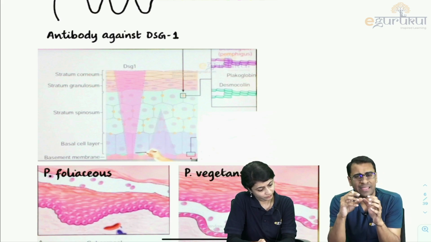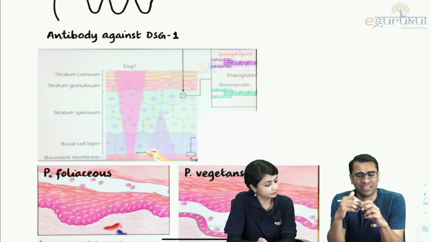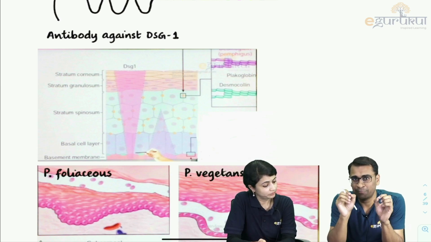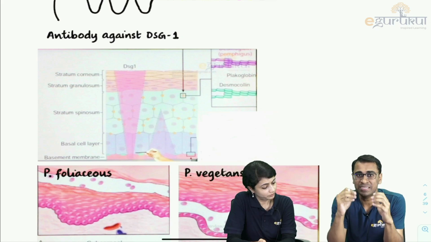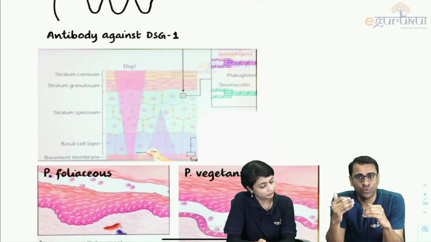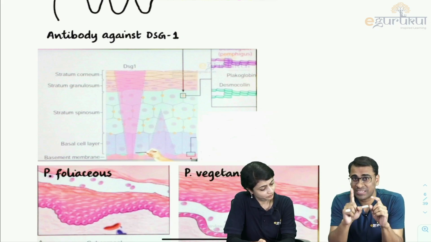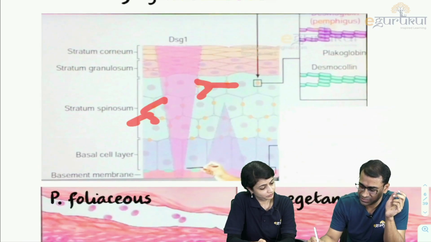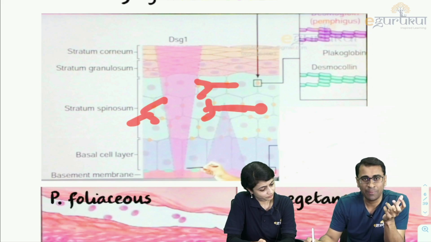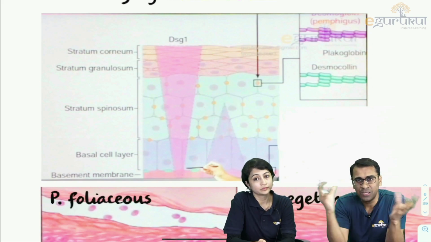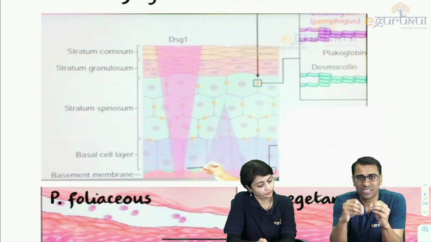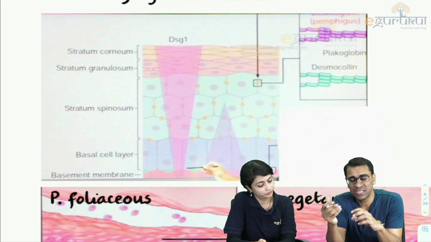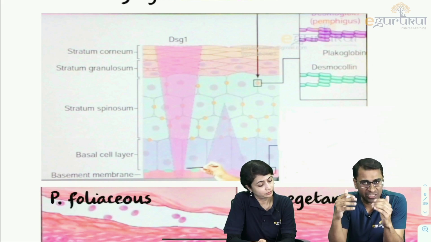Let's assume there is a type 2 hypersensitivity in a patient. I hope you remember type 2. Type 2 hypersensitivity is a condition where B cells produce antibodies against a fixed antigen. Remember, fixed antigen? So suppose the antibodies are formed against a fixed antigen. Here, these are antibodies. What will happen? All those desmogleins will be broken off, and that is when the cell shows acantholysis, and that is when it shows blistering disorders,